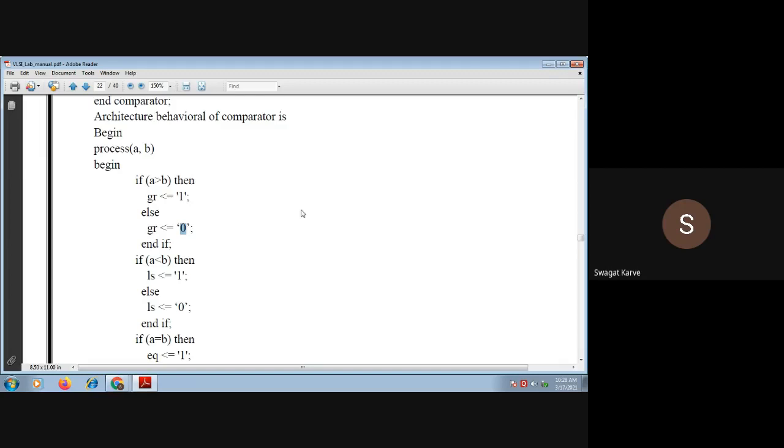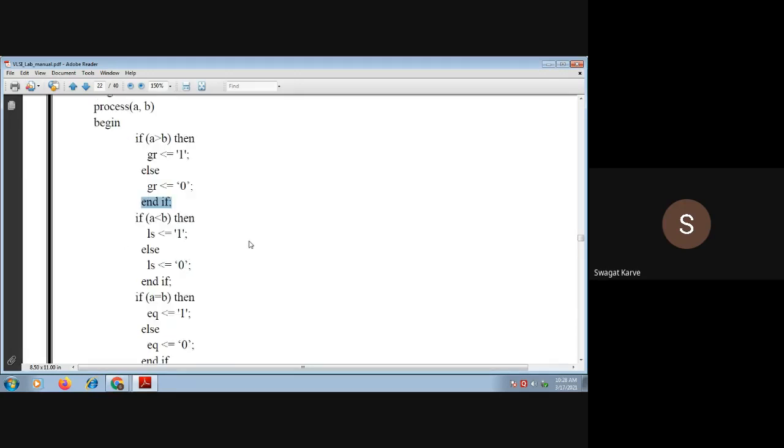This is the first case, and here we have ended the if statement. Now the second if: if A is less than B. If the first case is not matched, it will come out of that if and enter this if, and check again. Then the next if: if A is equal to B, if this condition matches, then eq is 1, else eq is 0.